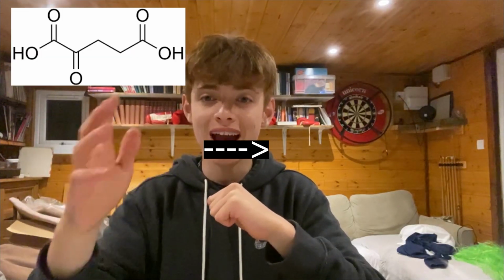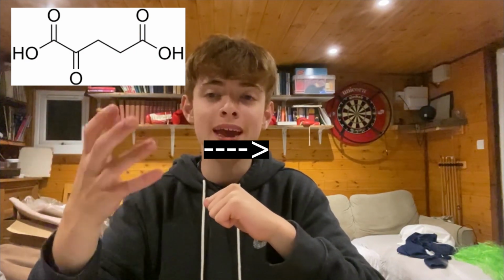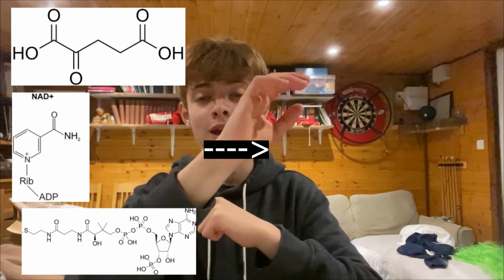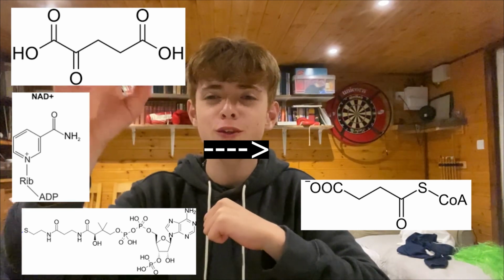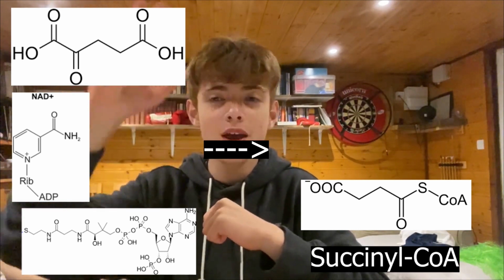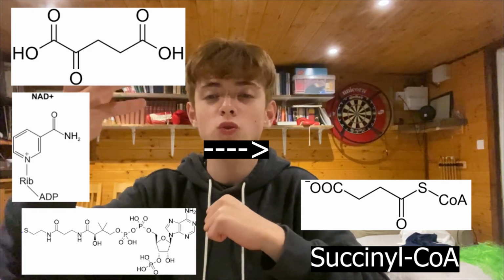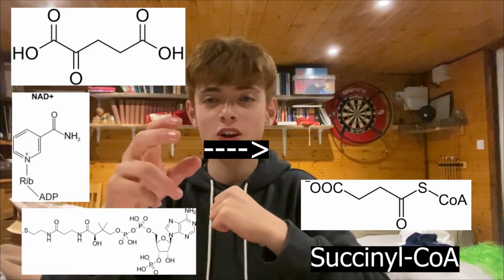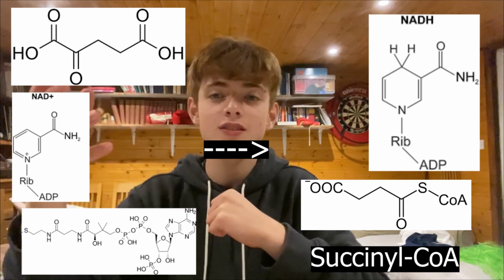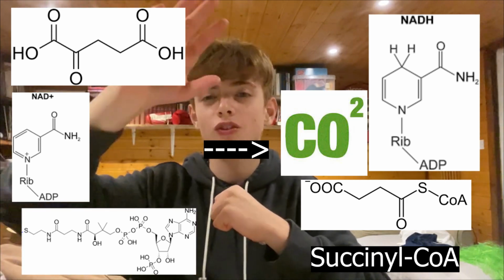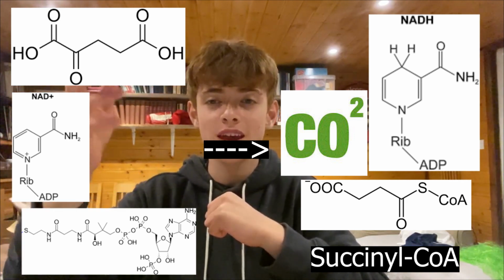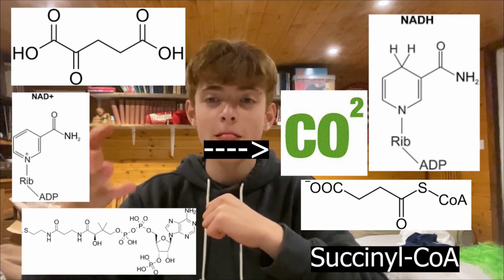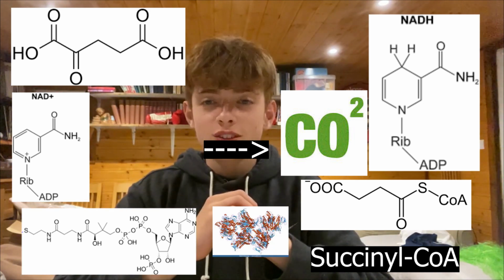Now, the fourth step inside of the Krebs cycle is you take that alpha-ketoglutarate, you add it to an NAD molecule as well as a coenzyme A molecule, and this will end up turning into succinyl-CoA. It's quite a weird thing to pronounce with a double consonant C. I may have got it wrong. I'll just put up what it spells like on the actual screen in case you don't quite understand. That will turn into an NADH molecule as well as another CO2 molecule, again proving why the generic respiration equation does work, but is far too vague for you to actually get the full picture of the metabolic processes that occur inside of your body. And this reaction is catalyzed by the enzyme